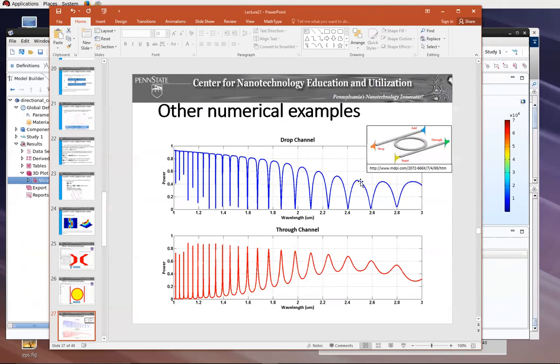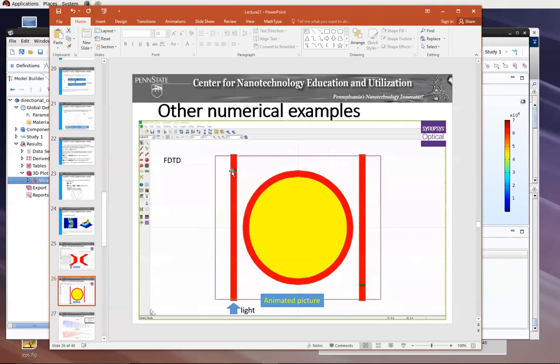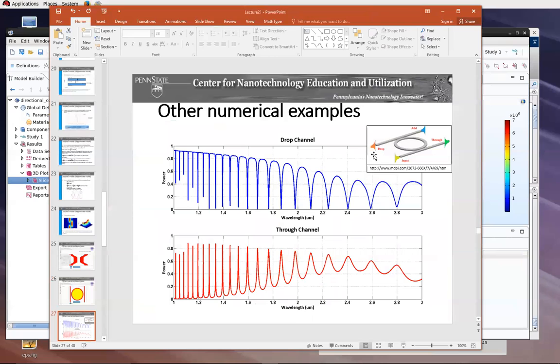All right. But how often does that take place? Well, we're looking at the two time monitors. The first time monitor is this one, and the second one is this one. So light is coming here, as you've seen, and coupled back to this through port. So we're looking at the through port, through channel, and the drop channel. So for some of the wavelengths, the light on the drop channel is dropping by, meaning that it's resonating inside the resonator and just hopping to the other side. So we see the peaks